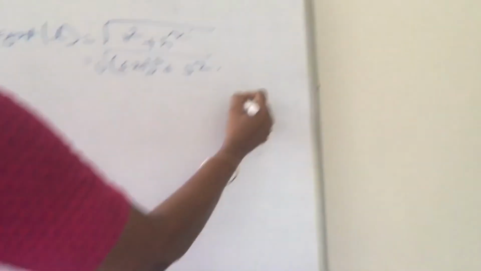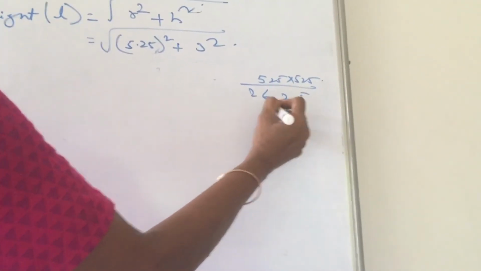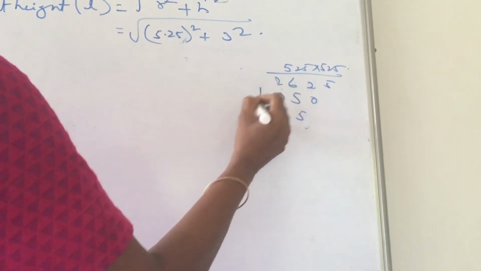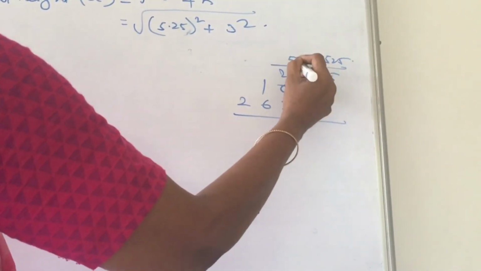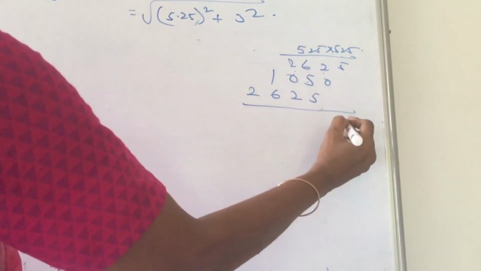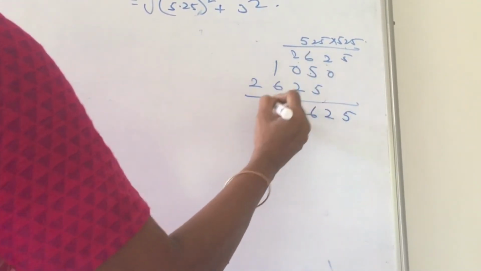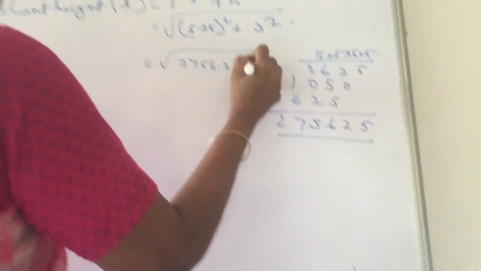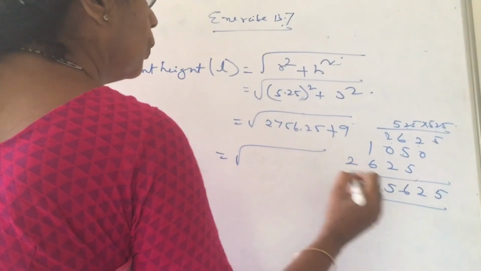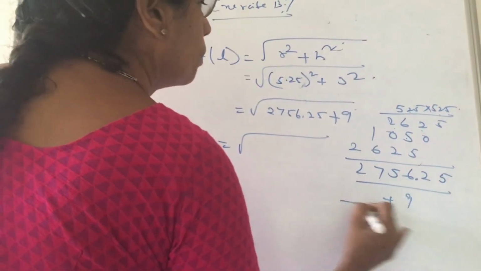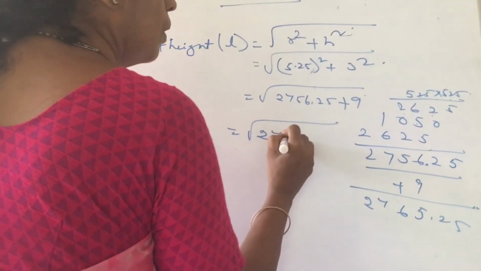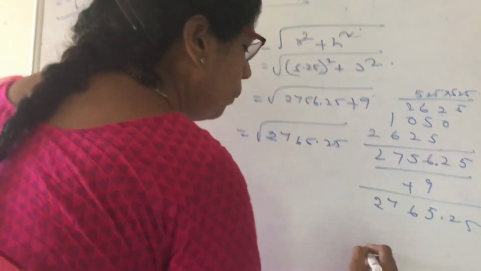Yes, multiply carefully, children. 525, 5 5s are 25, 12, 26, 10, 5, 10, again 5, 2, 6, how much? 2, 25, 10, 12, 26, 2 5s are 10, 5, add carefully, girls, 16, 5, 7, that is 2756.25 plus 9, which is equal to, you know, addition, yes, plus 9, 15, 6, 27, 2765.25, go for square root,